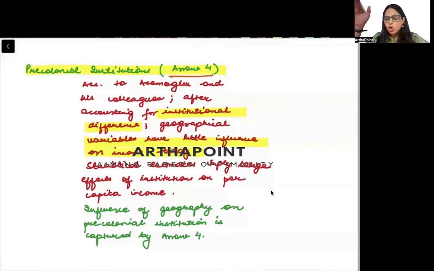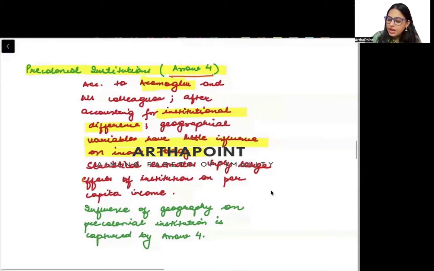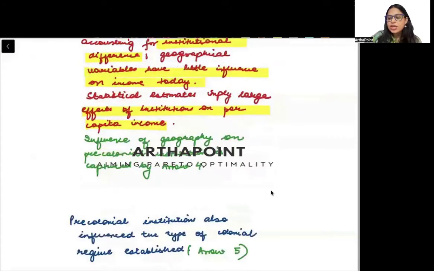तो अगर हम institutional difference को account कर लें, हाँ, 2 countries जिनमें institutional difference नहीं है, उनका income similar होगा, geography का कोई role नहीं रहेगा. This is what we are saying. So if we account for institutional difference, right, then geography in itself doesn't have much of a role to play according to Acemoglu. Statistical estimates imply a large effect of institutions on per capita income, but ये जरूर देखा गया है